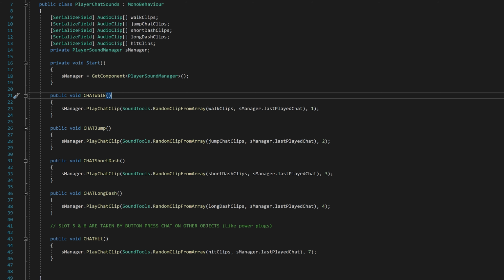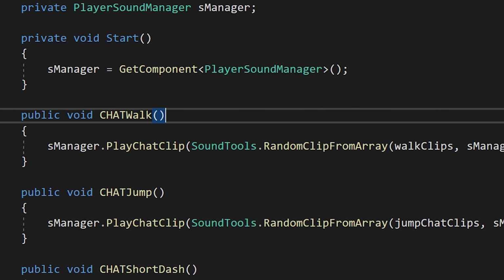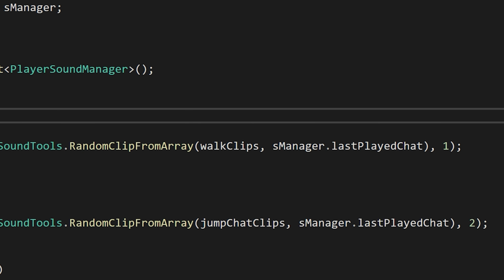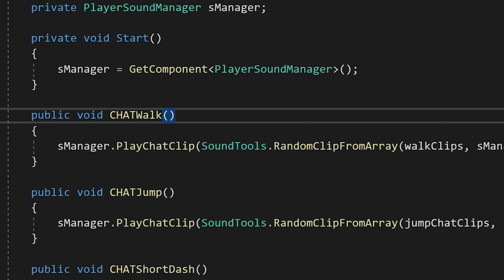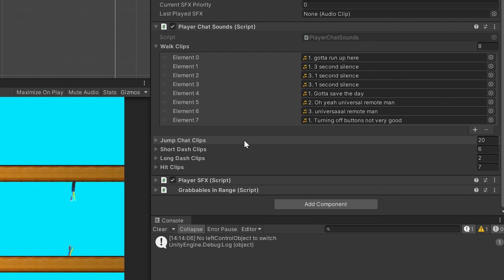Now, all of these public methods are used to call a single method in the sound manager called playChatClip. This method takes two arguments, an audio clip to play and a priority integer. But we don't want to just pass in any audio clip to play. We want the clip to be randomly selected from the appropriate array. So in this case, we're talking about chat walk. So we want to pass in one of the sounds from the walk clips array,